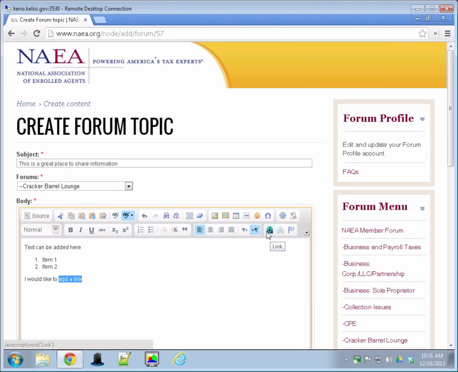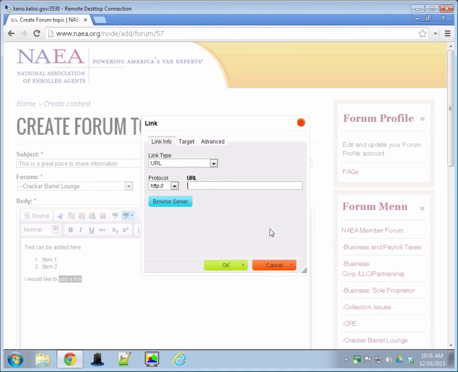And if I wanted to add a link, I could also do that. First, I'm going to add the text in here, and then I'm going to select what I would like to link. And here is the link button. It's a little links of chain in front of a globe there. Let's go ahead and click on this. And this automatically brings up a little dialog box that allows me to